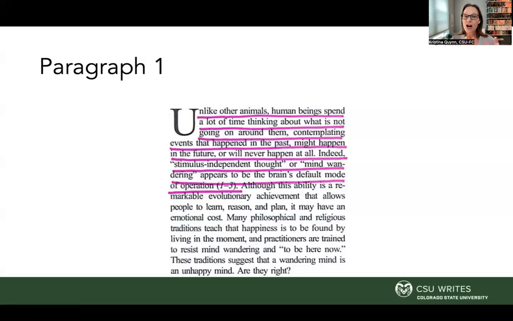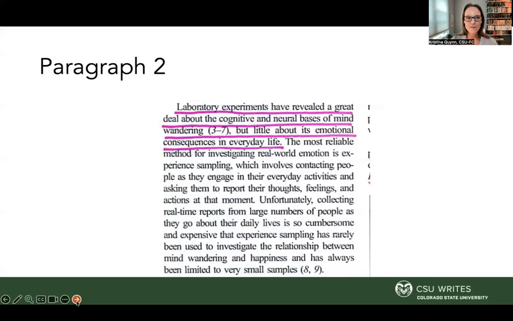Okay, so this is the context. We're going to go to the next one though. Indeed, stimulus-independent thought or mind wandering appears to be the brain's default mode of operation. So this kind of gives us the context, right? It's like, what are people not thinking about? This first sentence is really written for non-experts, and the next one kind of takes us and says, indeed, stimulus-independent thought or mind wandering maybe appears, that's the key, right? Appears to be the brain's default mode of operation. Is that true? Kind of like we got to look at that a little bit further. So that's why I pull those together as one sentence.